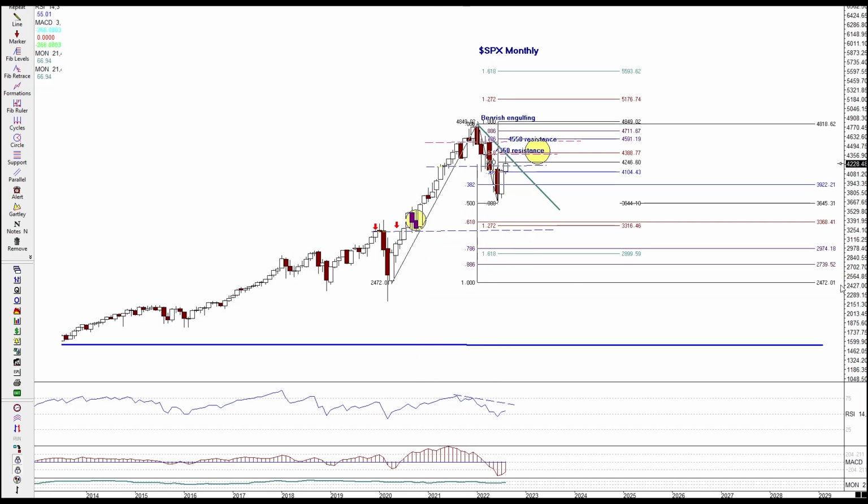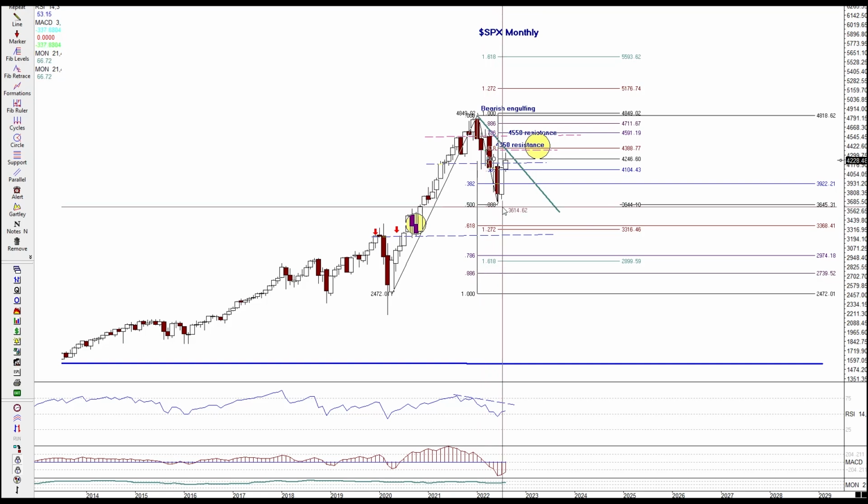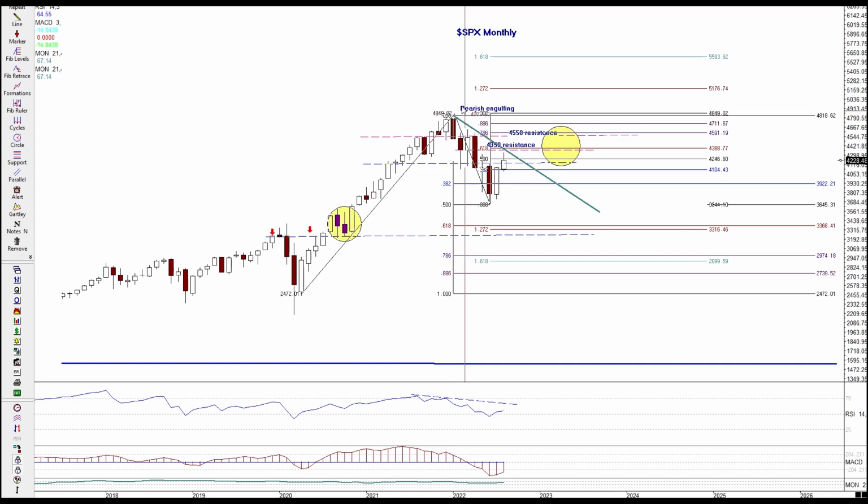So using that low, the market on the SPX had traded down to the 0.50, 50% retracement. This is from March 2020, so we're looking at several months of bars. Here, late 2021, early 2022, we had some sideways movement on the monthly bars, and then, of course, the extreme move to the downside. I have a few lines marked in dashed lines that are just highlighting some areas of support and